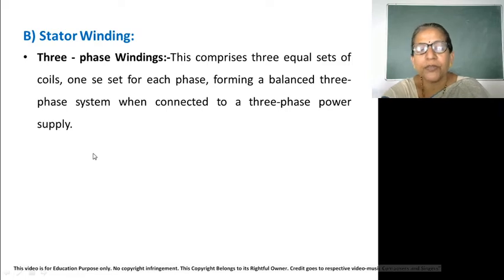What it means? You are having suppose 90 number of conductors, they will be divided into three groups. Each group will be having 30 conductors. Individually, each conductor will be identical to other in length, in cross-sectional area as well as the material, so that they will have same electrical parameters, and when they are connected together, the three-phase winding will be a balanced winding, so that all the phases will carry equal current as they offer equal impedance.